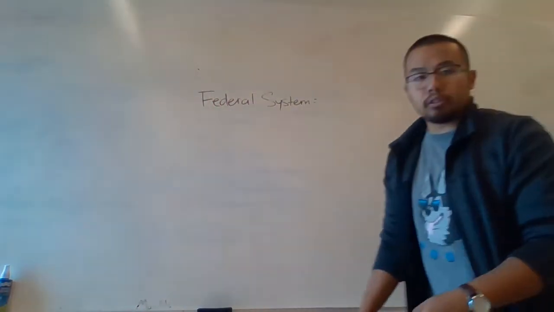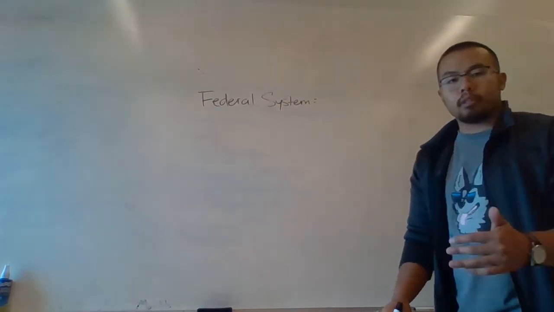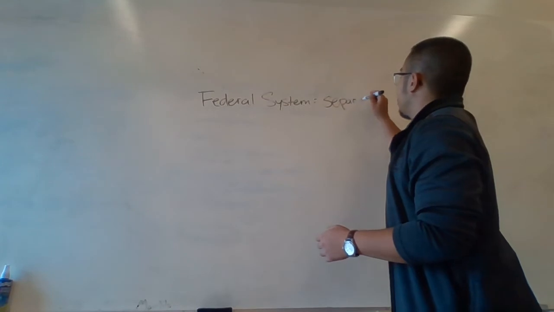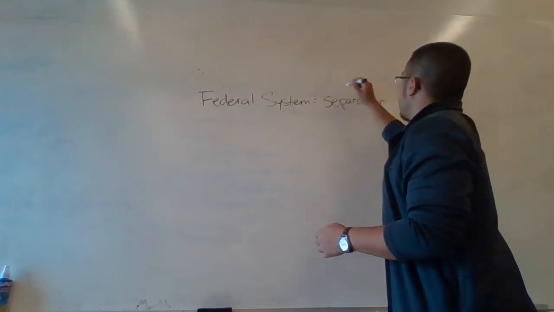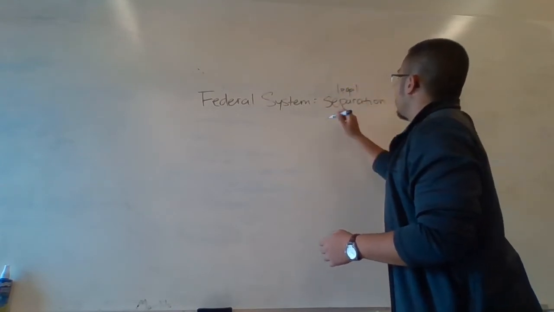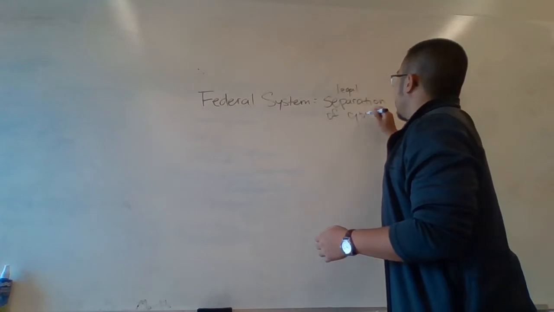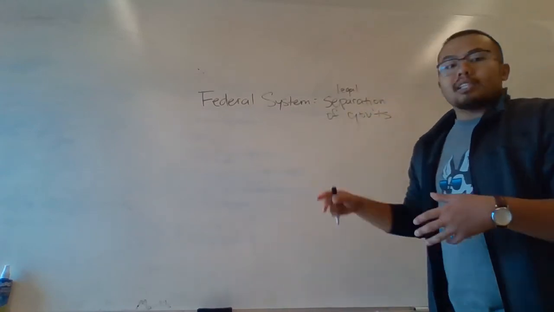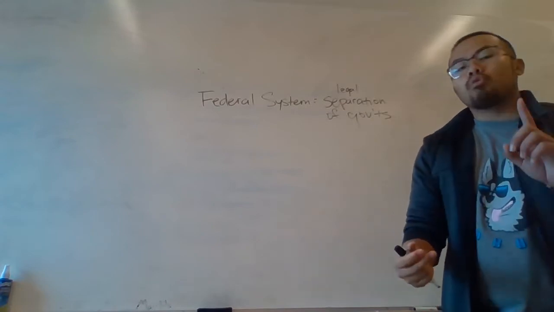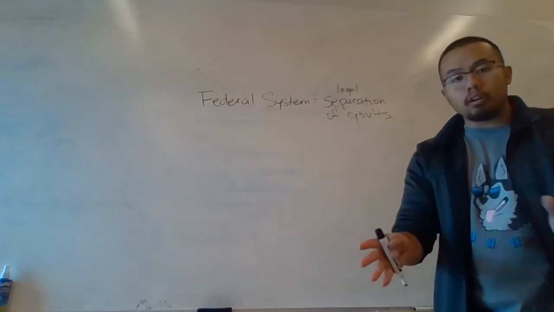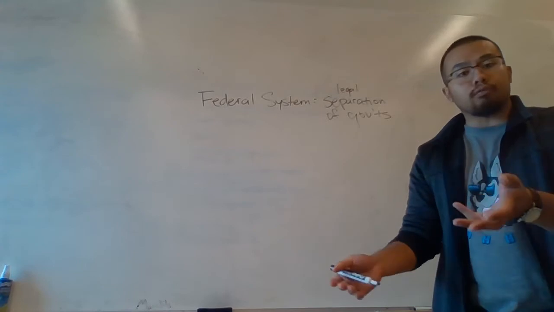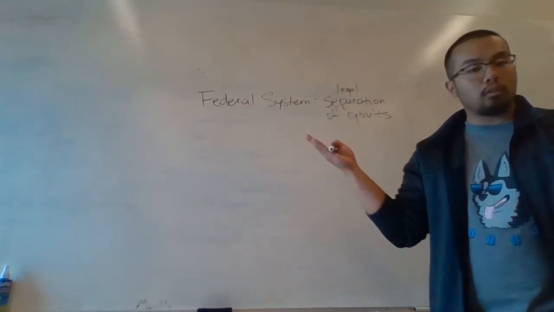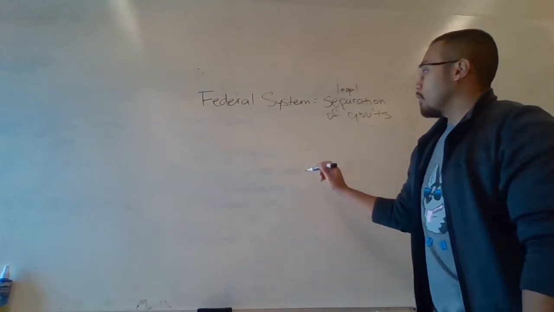And so what a federal system is, and if you remember this from class, I'm just going to say it as a legal separation of governments, right? What does that imply about the number of governments? We have more than one, right? And so depending on where you live, should you live in California, you follow not only federal laws, but you also follow California laws, okay?